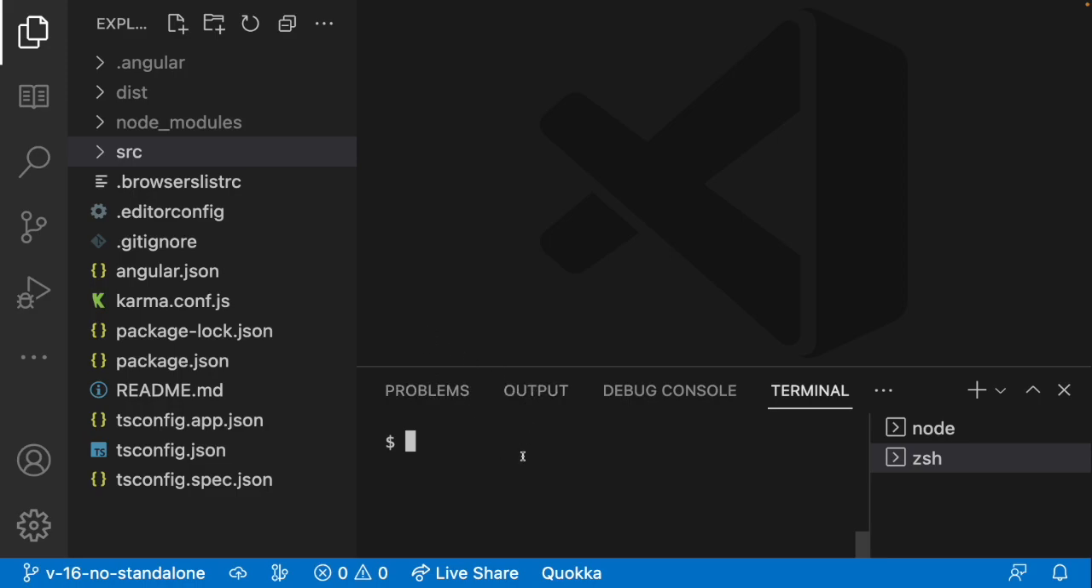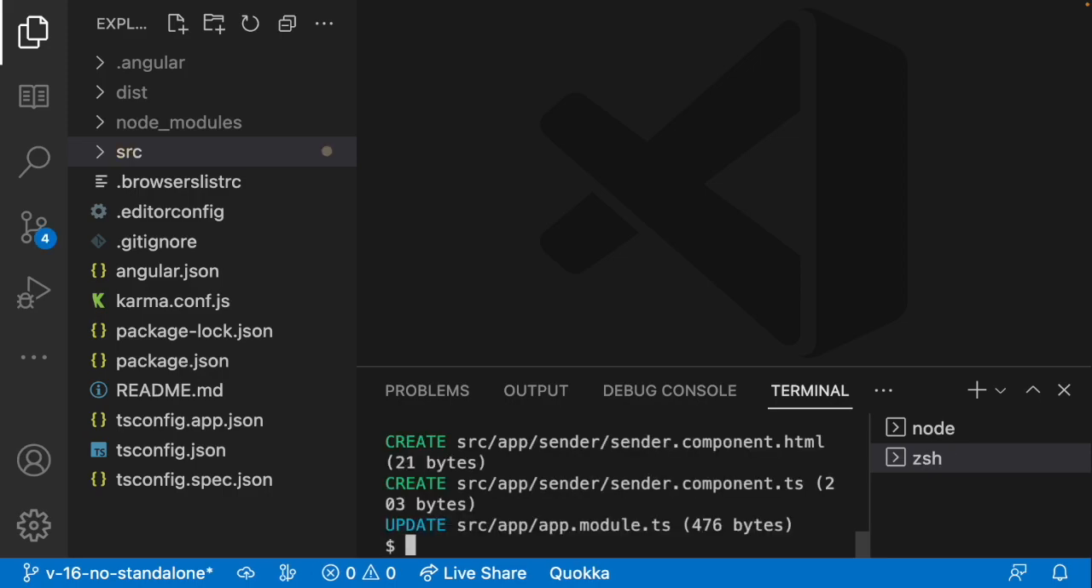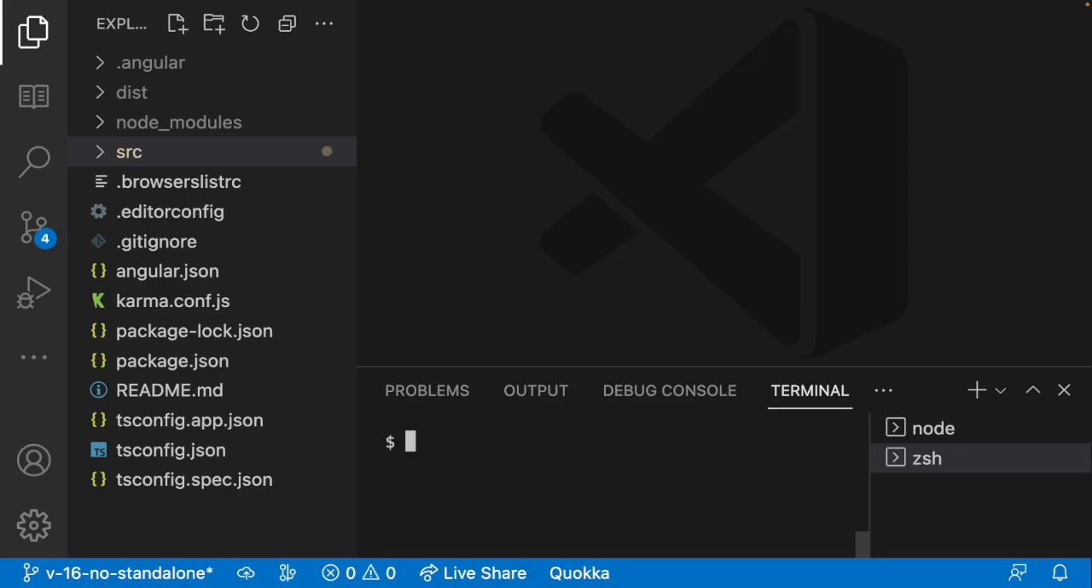So for that sake, let me create two components first. ng generate component, and the component name is sender component. I don't want to create the test files, so I'm skipping them. Now I've created the sender component. Let me create one more component called receiver component. ng generate component, and the component name is receiver component,